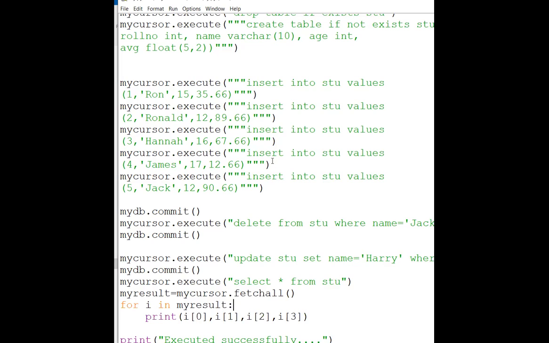I hope up to here it is clear. Anyone, any doubt with this? Because ultimately we are going to use all these things continuously. Anyone, any doubt? We are using loop. The reason is because multiple records are there, and if you have multiple records, in that particular case, we need to run the loop.